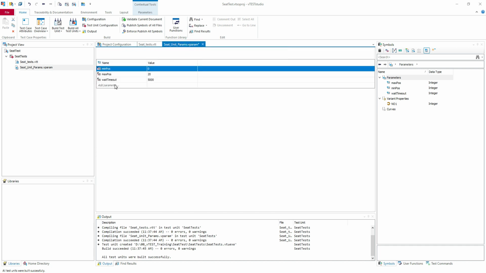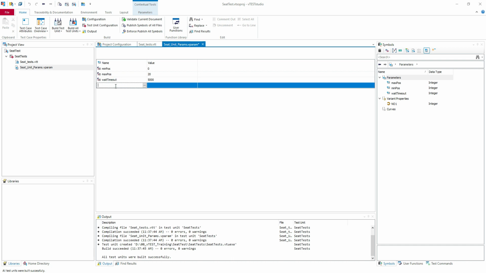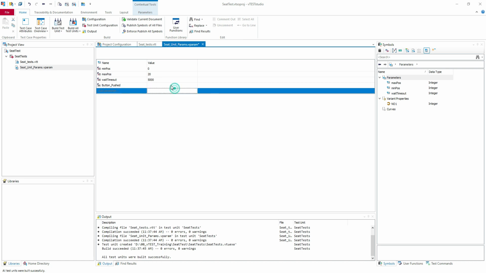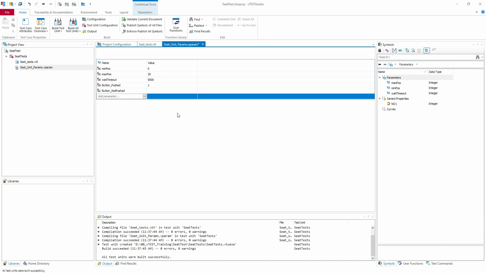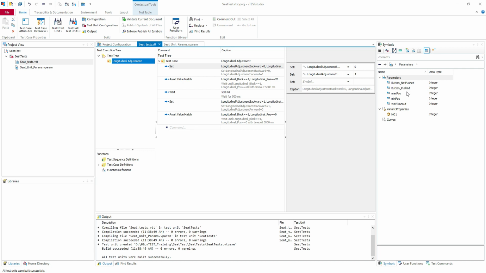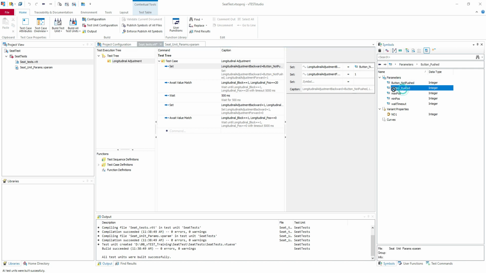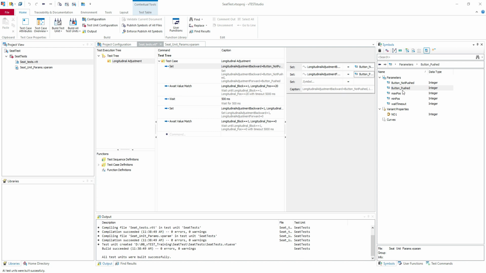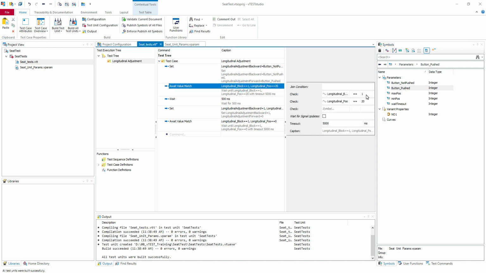Yeah, let's add some new parameters here. Button pushed, let's say this is 1, and button not pushed. Yeah, it's a little bit funny, but yeah, just for the example. So here I'm going to put not pushed here, pushed. So I'm just dragging and dropping my parameters, or you can, of course,